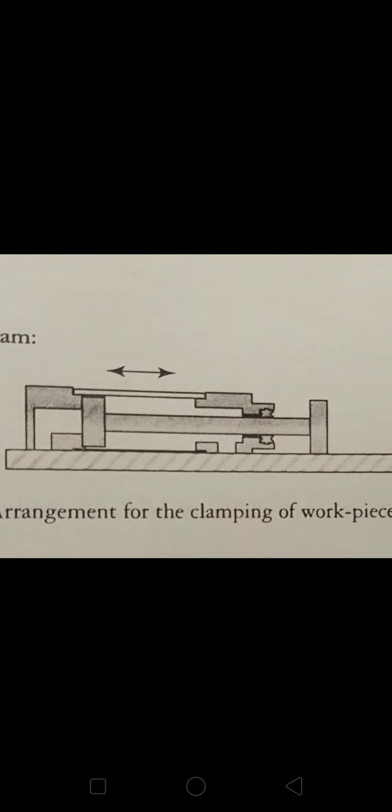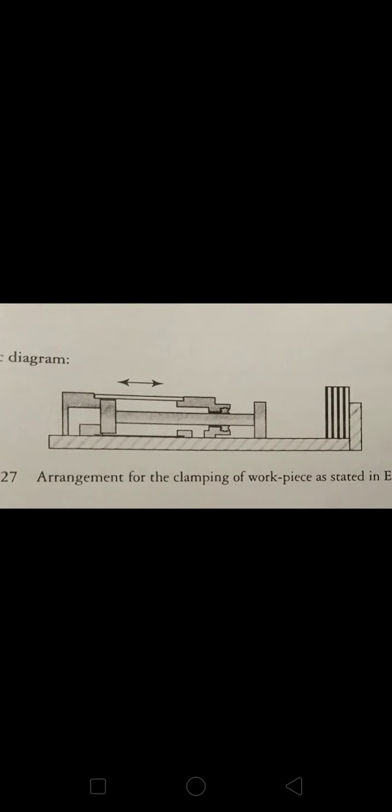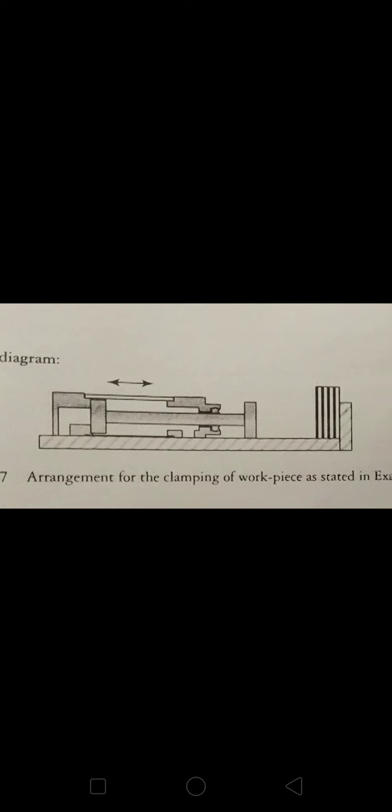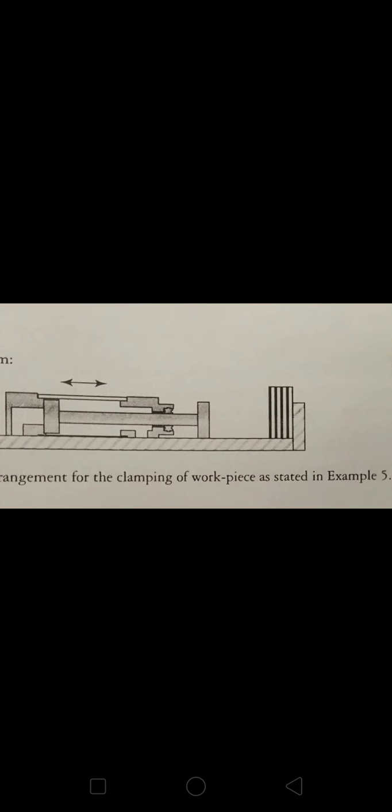So here is the arrangement, which is similar to what we have shown earlier. Simply we are working on the clamping motion, the arrangement for the clamping of a workpiece. The function remains the same, but we are utilizing a different circuit for a different purpose. The main purpose here is to memorize the signal. So for 2 seconds, 5 seconds, 3 seconds or 20 minutes, it should clamp the workpiece. So for that we are developing this sort of circuit.